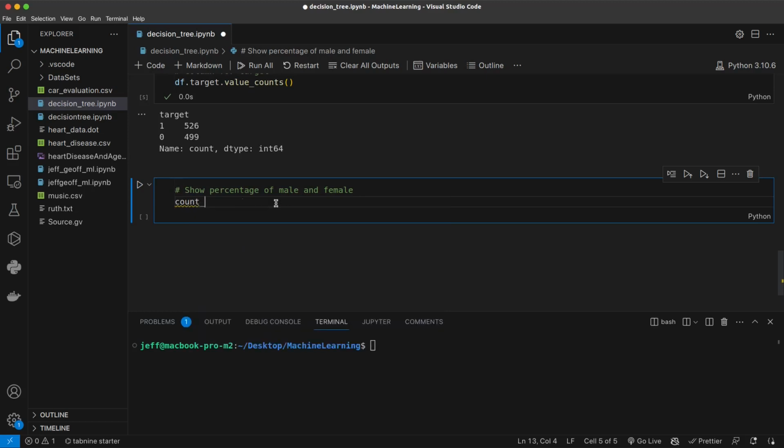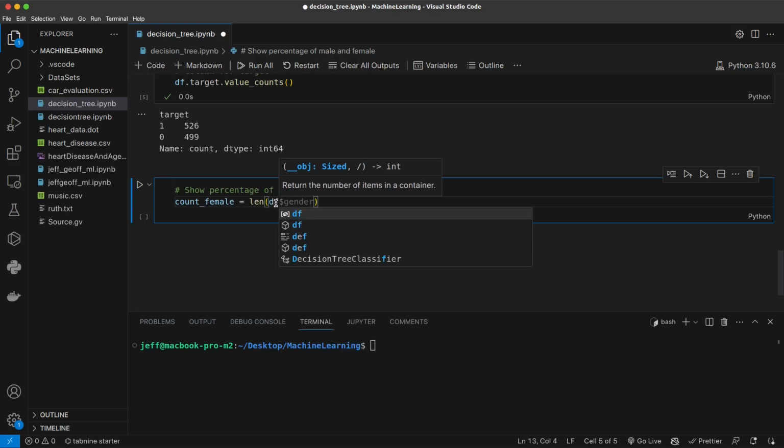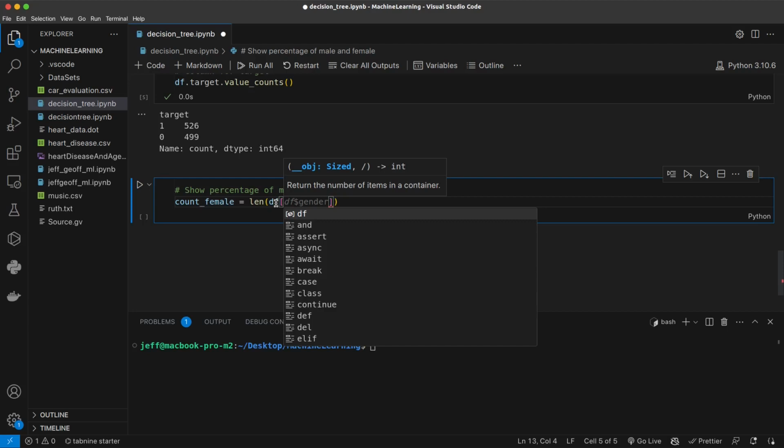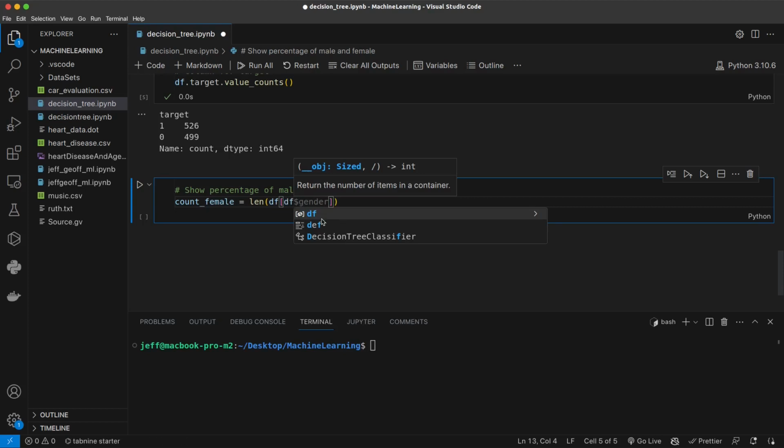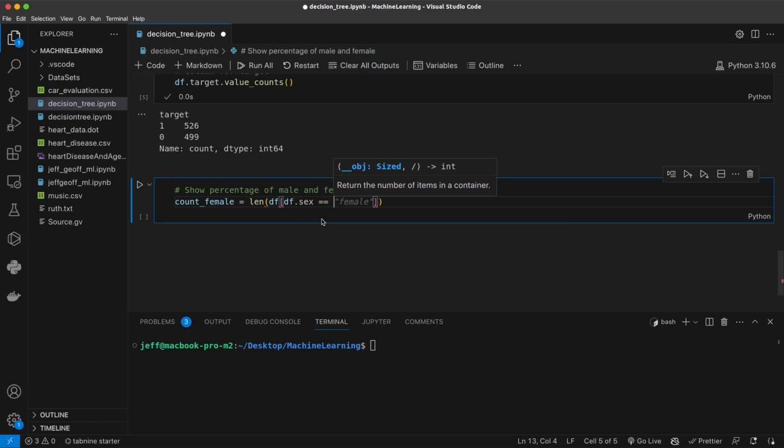underscore, let this come first. So female. Then we just want to know the length in that column. The length in the column for df, this is what we can pass in this method for length. df, df dot sex. So if it is equal to 0, that means that is going to count for us the number 0 will be female. Then count,